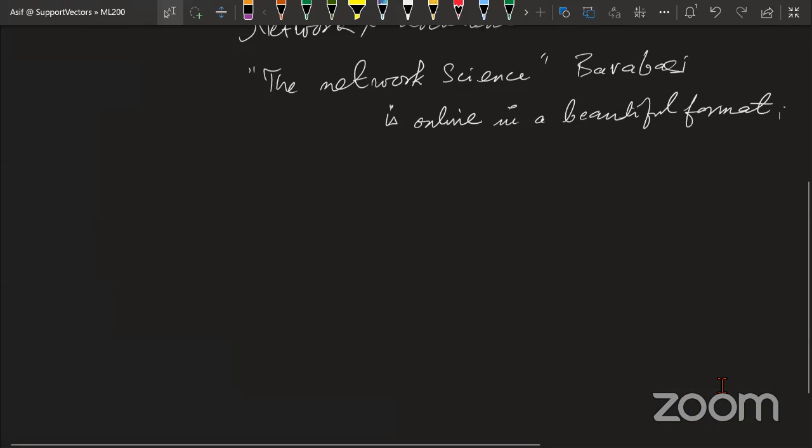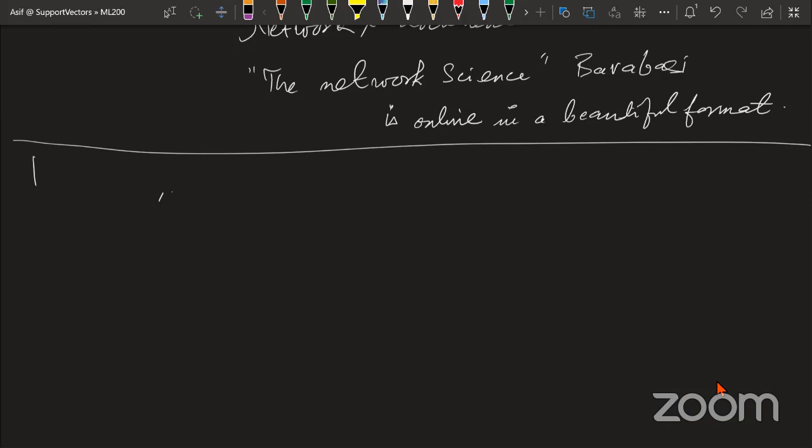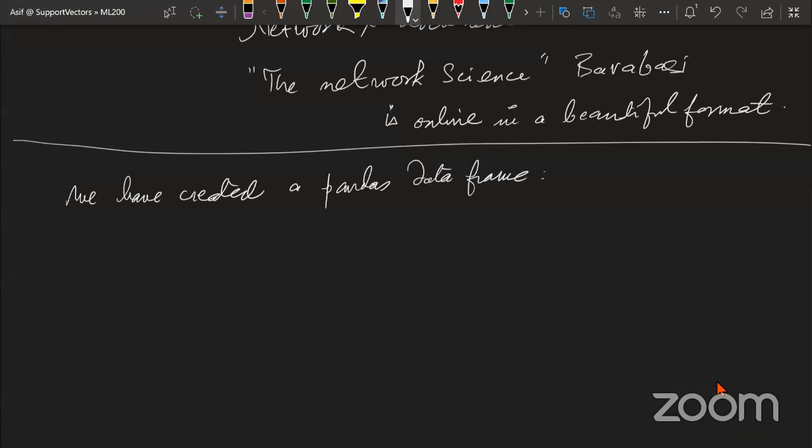Yes. See, here's the thing. There's an archive data. So we created a Pandas data frame. Let me start from scratch. In this code, we have created a data frame called archive.